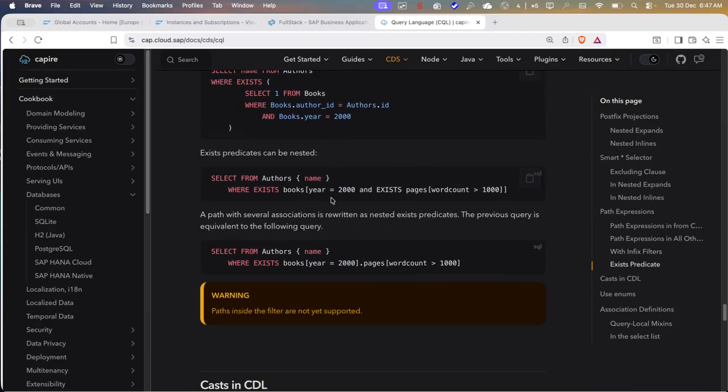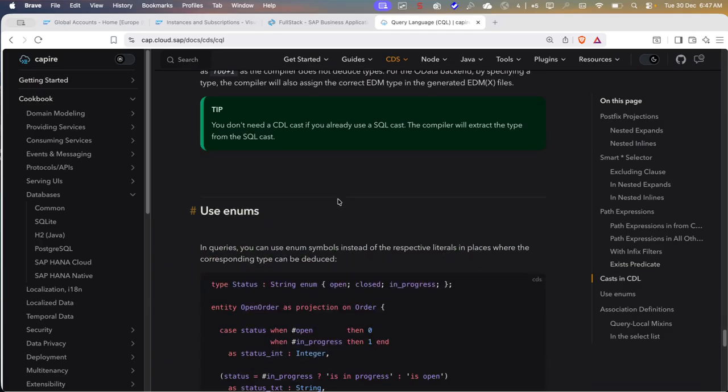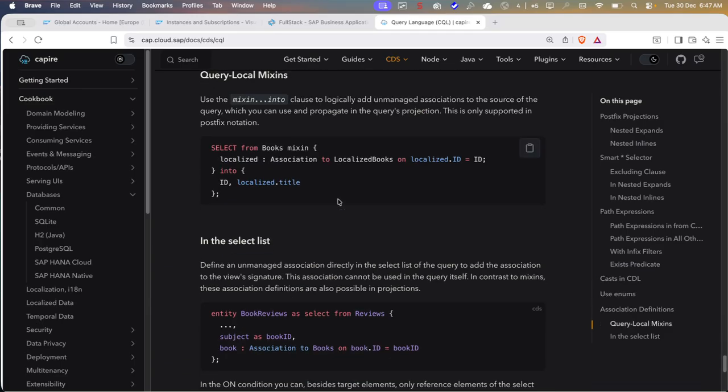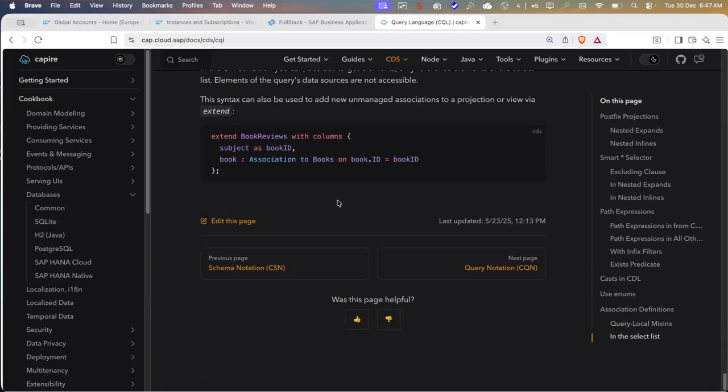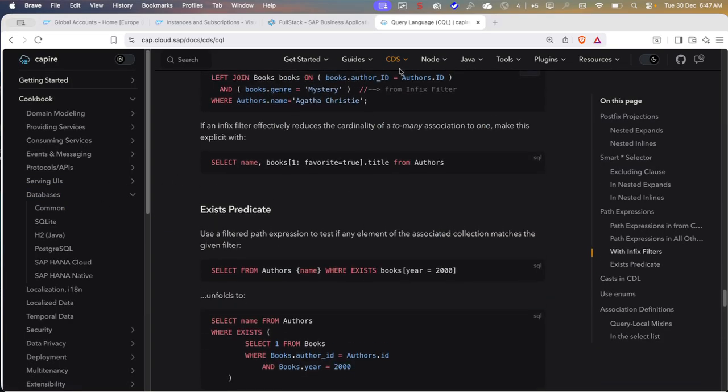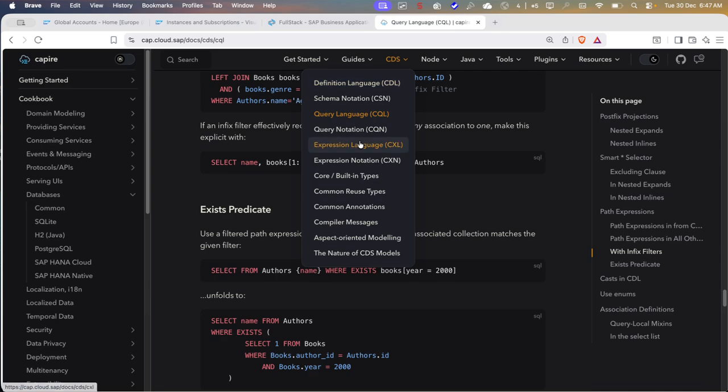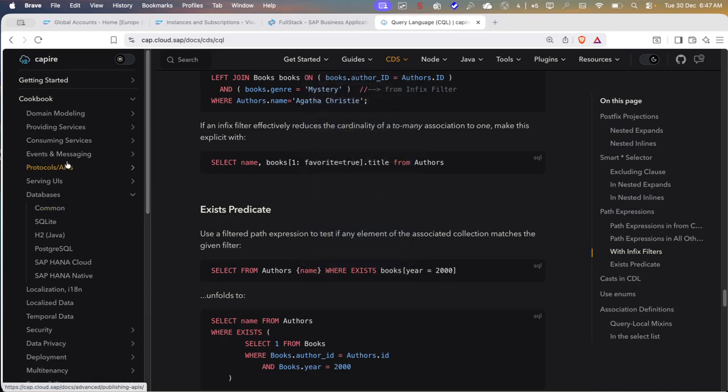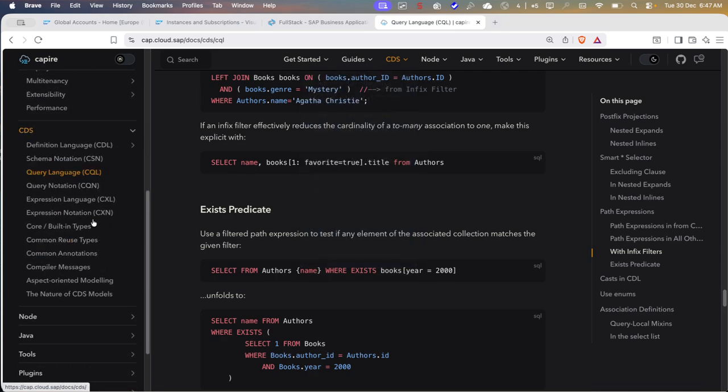I think that's it. We need not go into a lot of these things, but you can always play around with this. Okay, I think it's fine. Yeah. So this is what I mean by CQL. Okay. So now in CQL, if I want to go further,